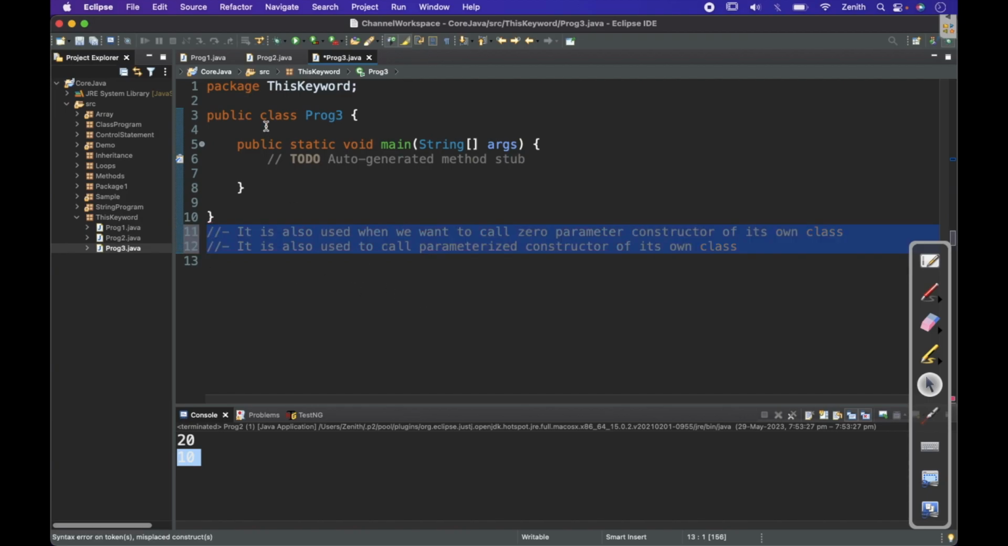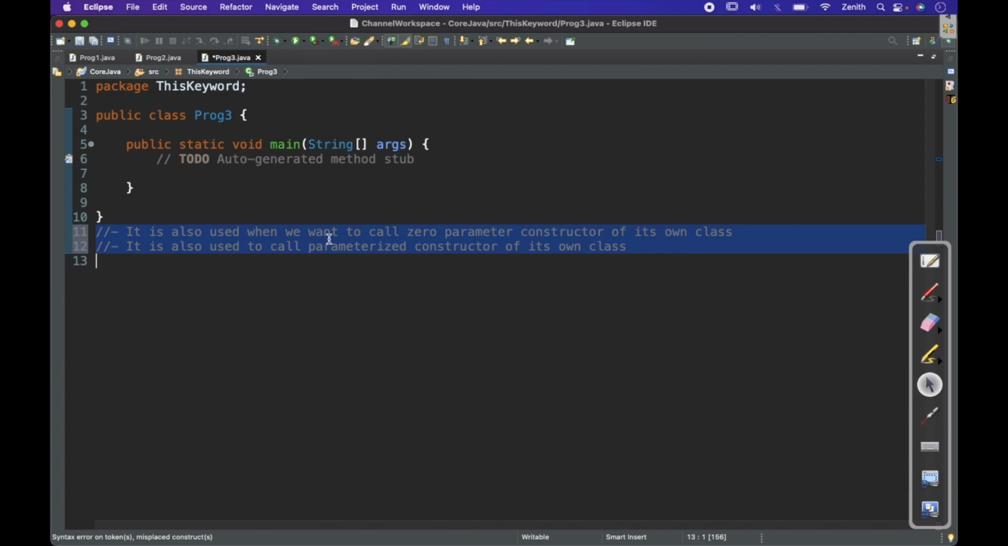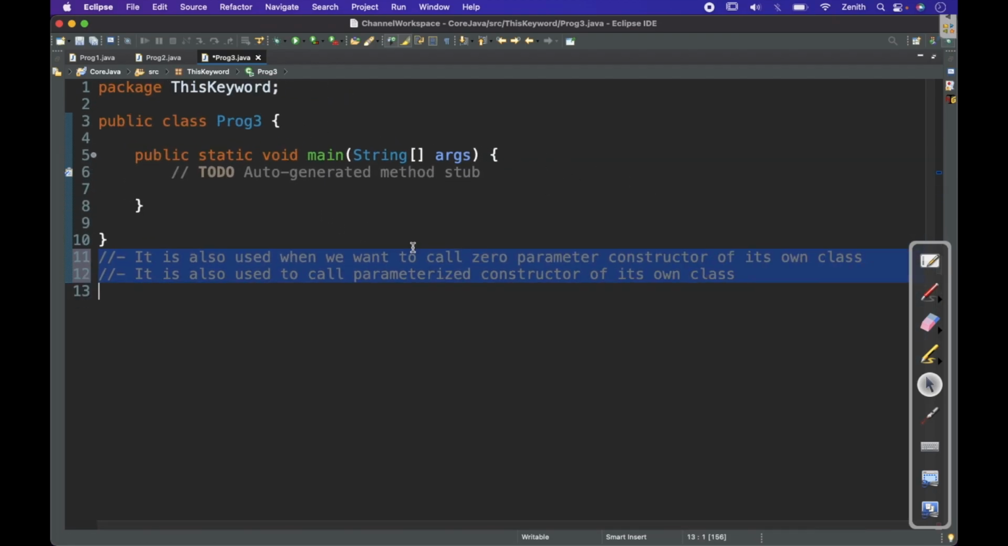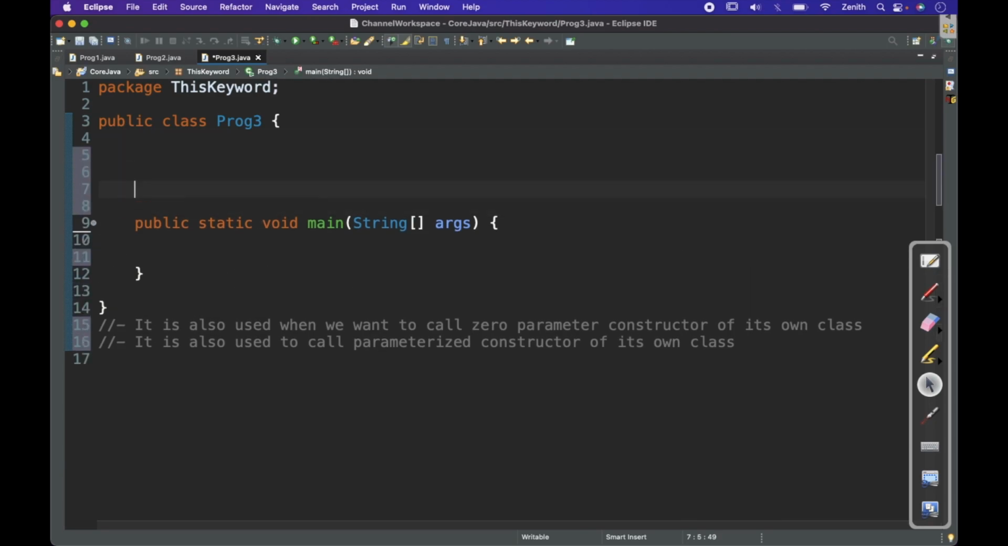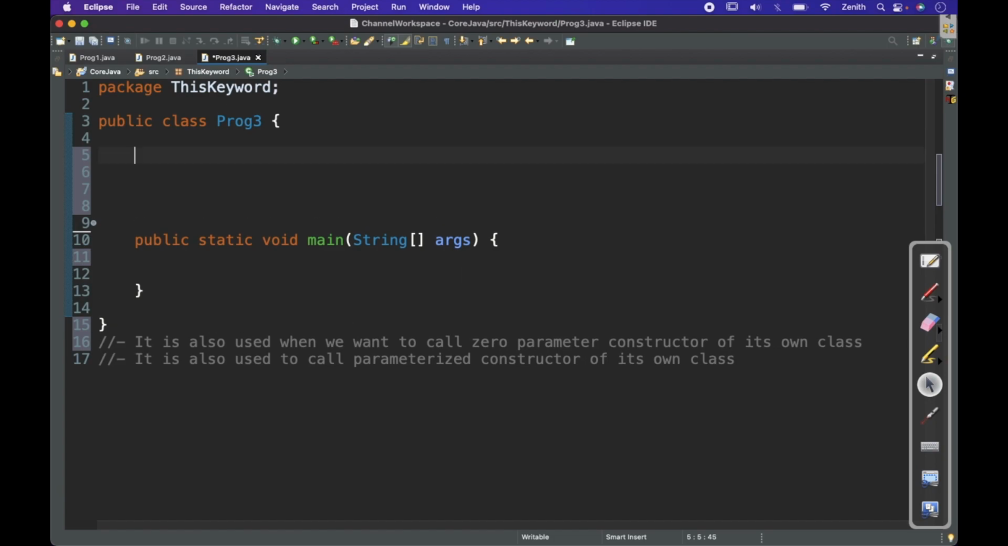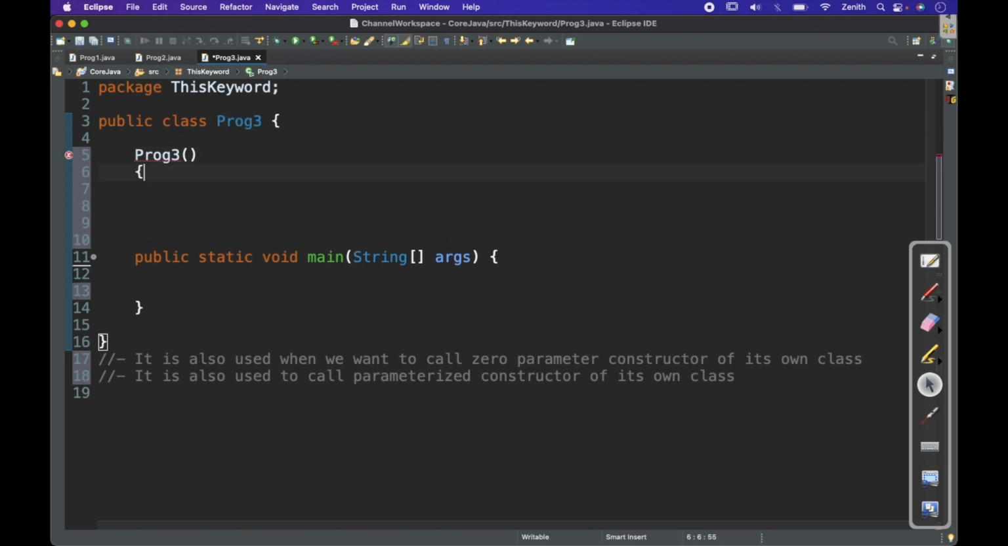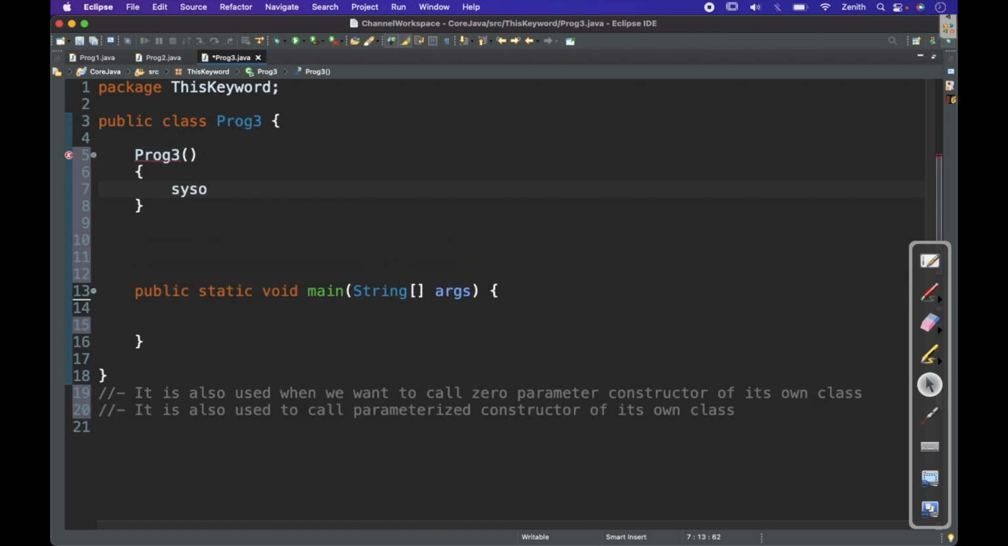What it says is that it is used when we want to call the zero parameterized constructor of its own class, and it is also used to call the parameterized constructor of its own class. So here we are going to see the constructor concept. We know what a constructor is: a special method whose name is the same as the name of the class. So I will use program 3 as the name of the constructor, and here I will write down